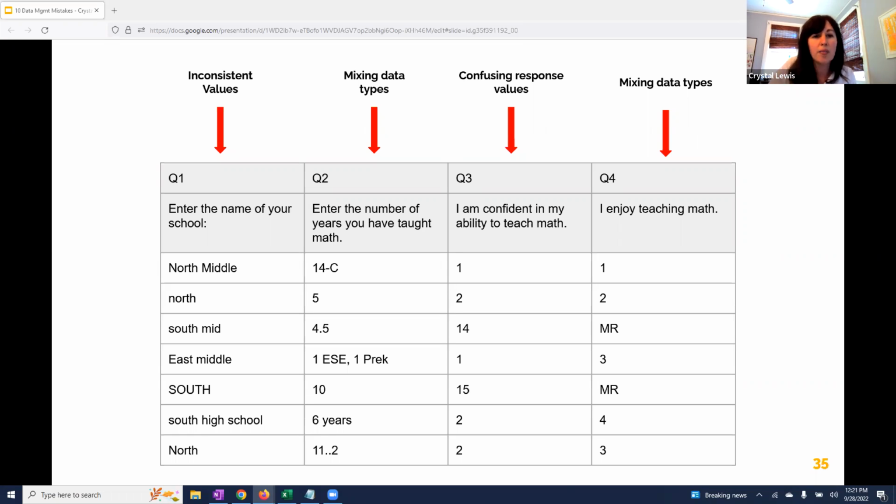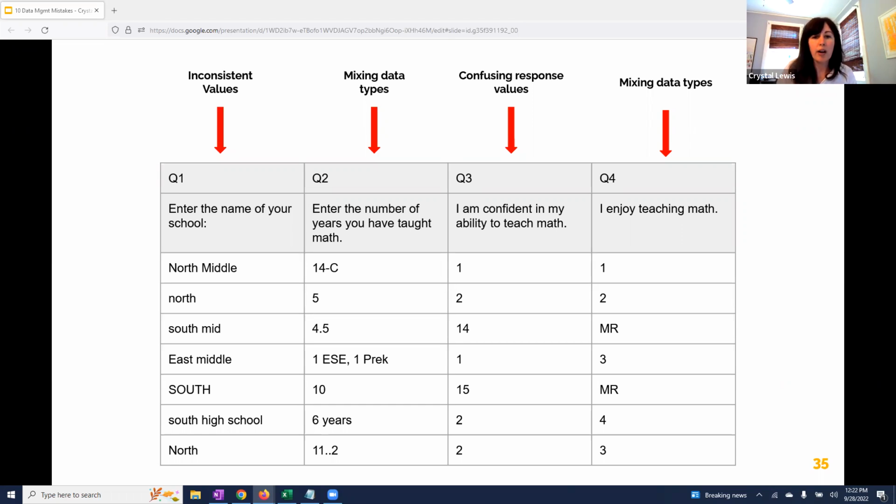So in the first column, similar to the Philadelphia issue, we see that people spelled school names in many different ways. And if I want to use this as a grouping variable, we can't have 3 different spellings of North Middle because my machine will not recognize those as all the same school. So these will need to be collapsed and recategorized so that the same schools are spelled the same way.